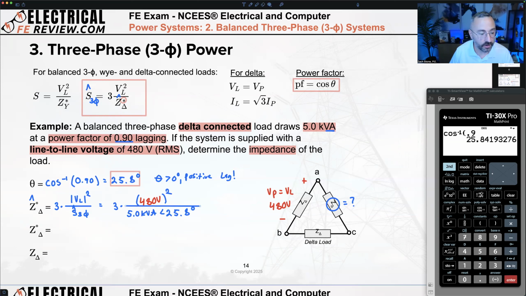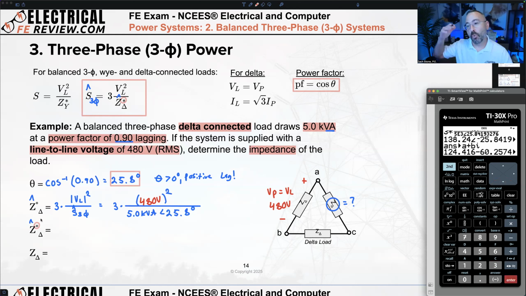We're going to type this in our calculator, and it's going to give us the conjugate of our delta connected impedance. All right, so in my calculator, I'm going to type in just how it appears on my paper. 3 times fraction sign, 480 volts squared, divided by 5e to the 3, that's kVA, at an angle of 25.8 degrees. I'm in polar mode. I want this number in rectangular because that's more often how we represent impedances. So the conjugate of the delta connected impedance is about